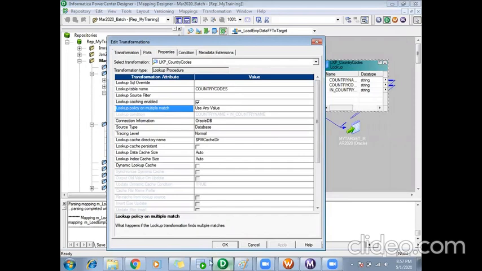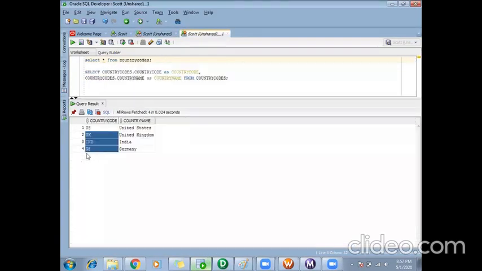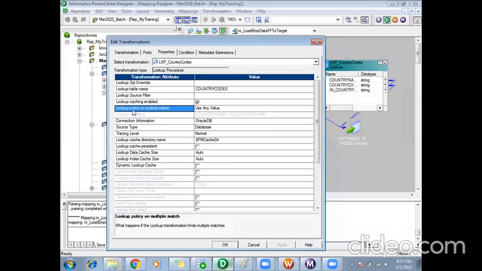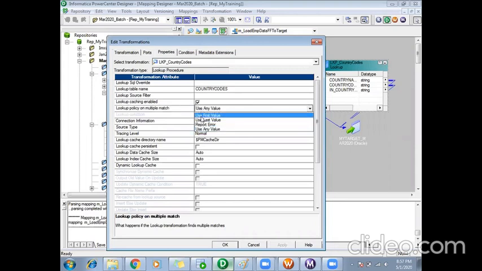Assume I had two records for country India, and it was returning two country codes for the same country. What am I supposed to do if there are multiple matches? I can specify that here. If I say use any value, lookup will randomly pick any one of them. Or I can say use first value, or use last value.